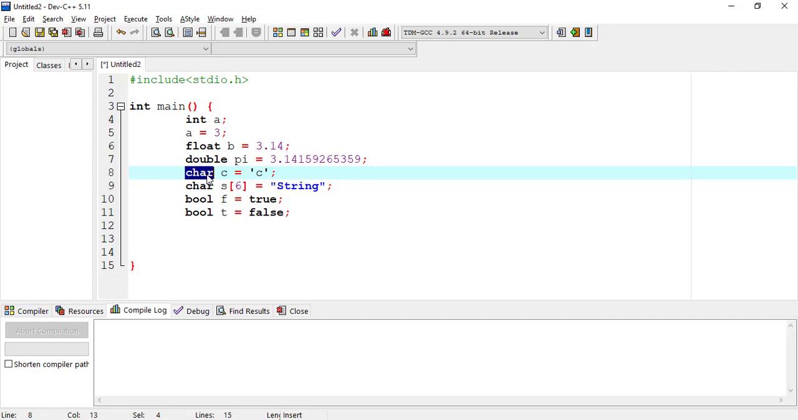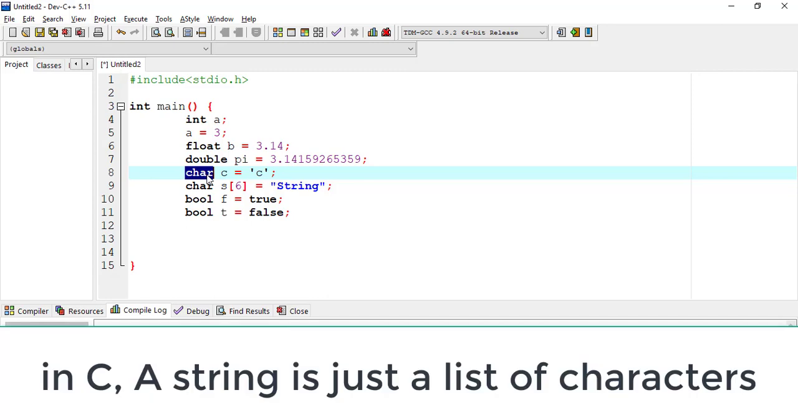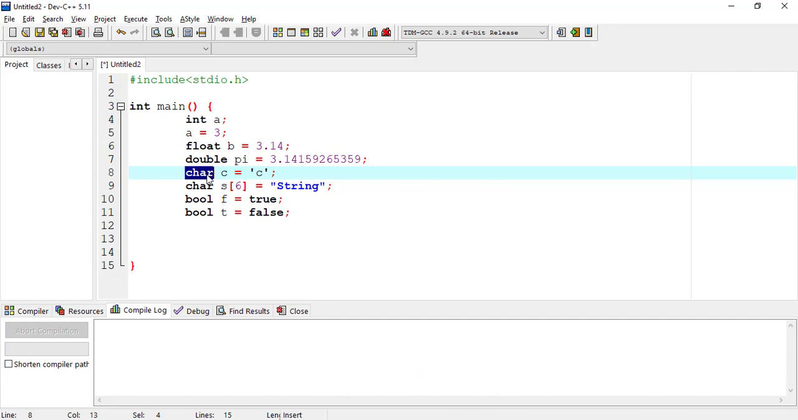Now, C looks at it the other way, and what I mean by that is C knows only characters, and strings are only a list of characters. Okay, a string is a list of characters. When it sees hello, it sees H-E-L-L-O, which is 5 characters. Okay, to declare a string,